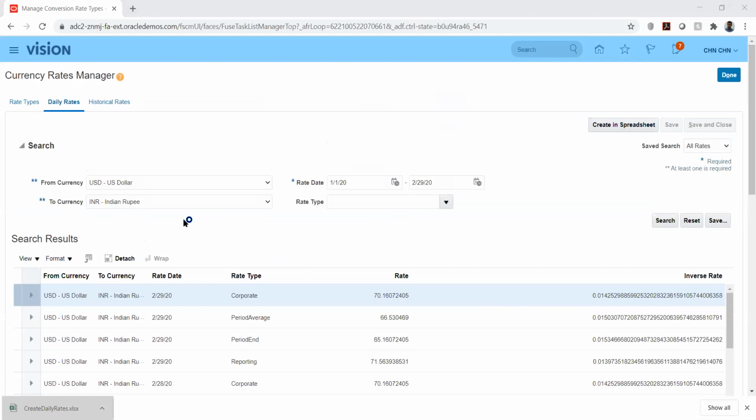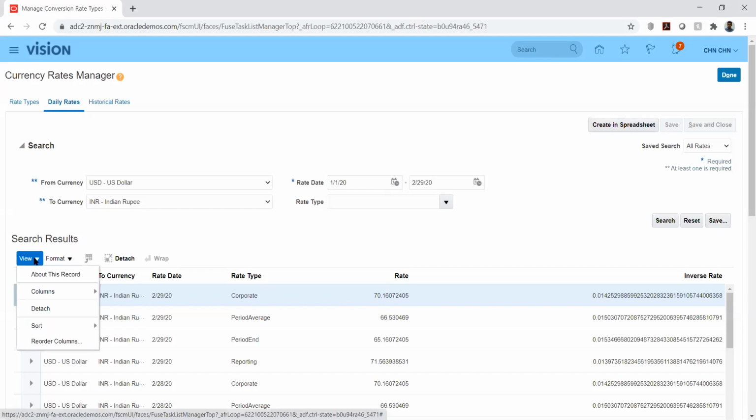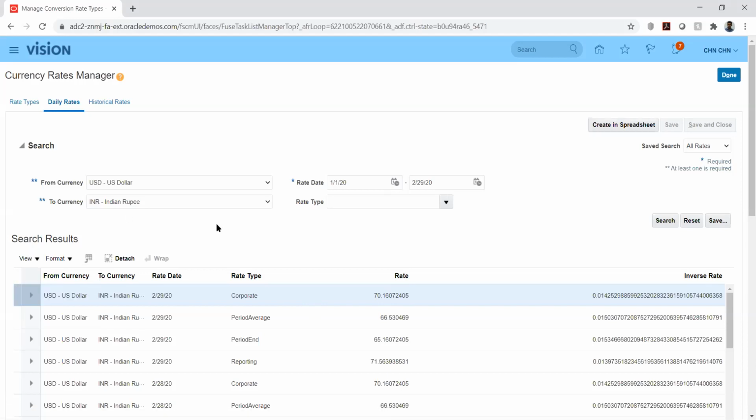So what is the procedure to delete? You have to create it in a spreadsheet and then again reload. Yeah, from the spreadsheet we will reload it. Otherwise you cannot delete here from the screen. You want to delete this? I just wanted to delete only one rate. I don't want to delete everything. Maybe the first one, USD to INR, that one. No, basically we will not delete the rate actually. If you see here, we have only the view and the format options, but we will not be able to delete the values that we have loaded.